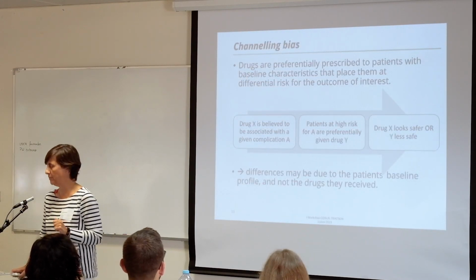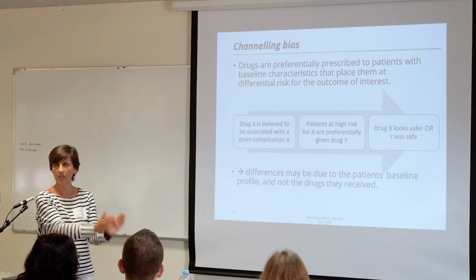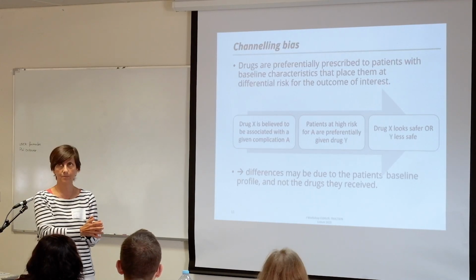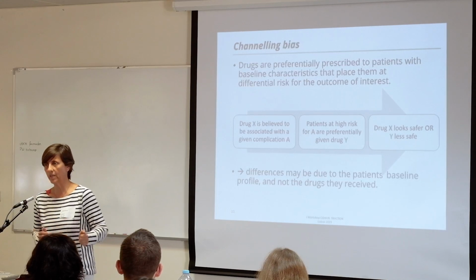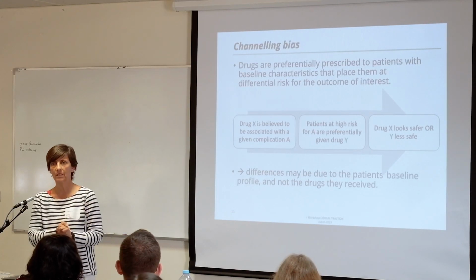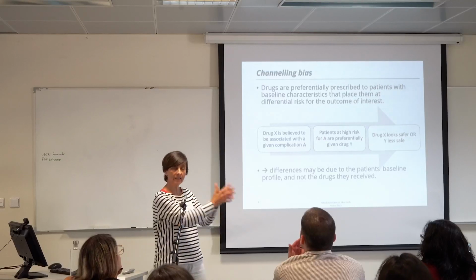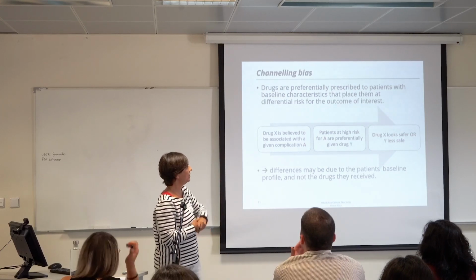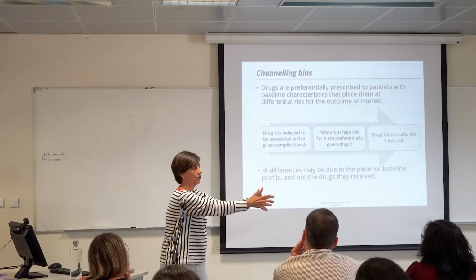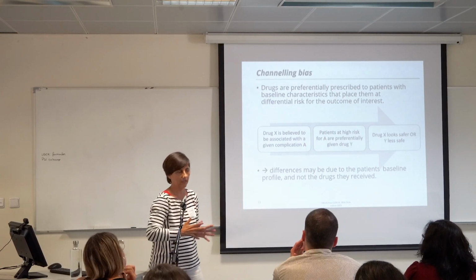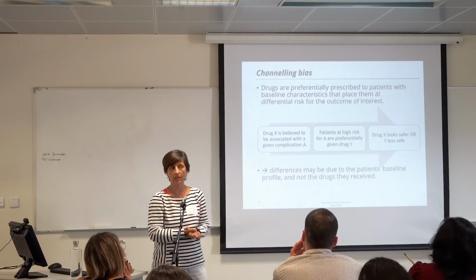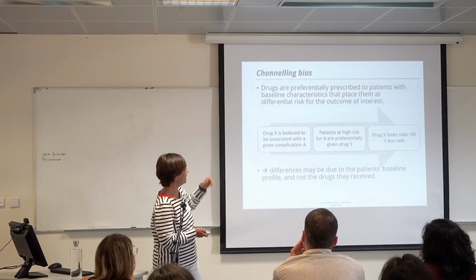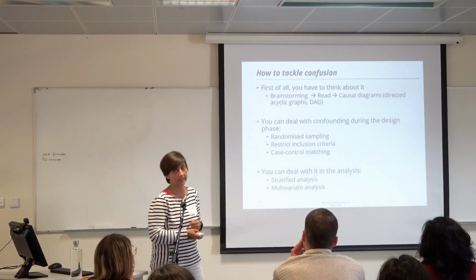Channeling bias. This means you don't give the intervention to the ones that will have an adverse event. So you don't give intensive physical therapy to people with cardiac problems. You only give it to people who are very healthy. So that way it looks like intensive physical therapy is very good for whatever you want, right? This is the same with a drug. So it's like you are giving the treatments to the ones that are going to respond better and that are going to have fewer adverse events, okay? So these two biases, confounding by indication and channeling bias, can be tackled, okay?